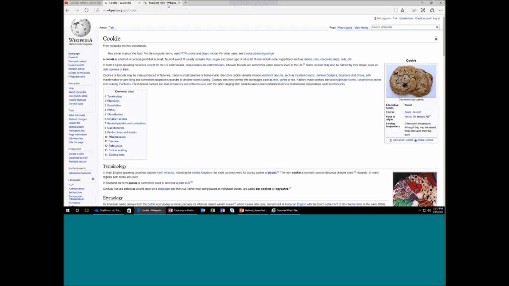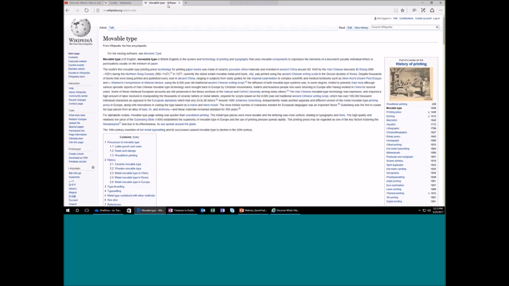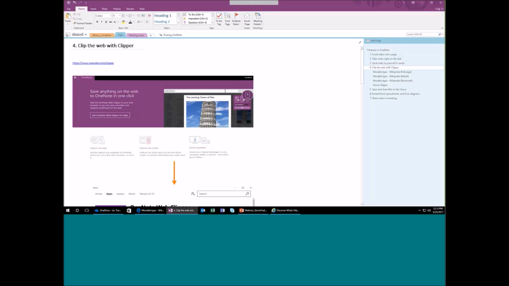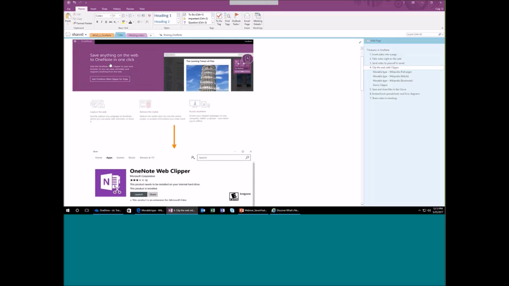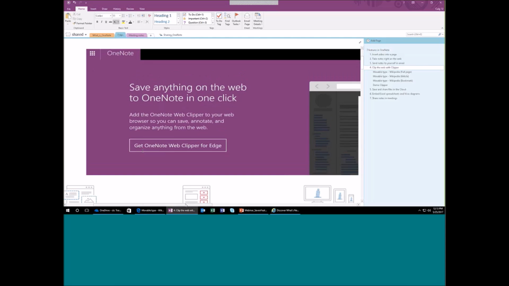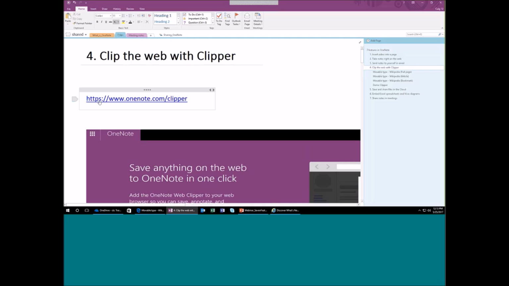I'm going to click on this movable type website here. Now, if you want to take a note and send it to Clipper, this is what you need to do. I'm going to click on my OneNote file here. I'm just going to click on my fourth one here, since we were talking about Edge and the Clipper. This is an add-on to Microsoft Edge. You need to download it here, and I'm going to zoom in there a little bit so you can see it a little bit better. So this is what you need to do. You have to go to